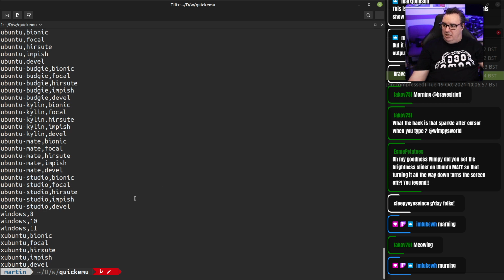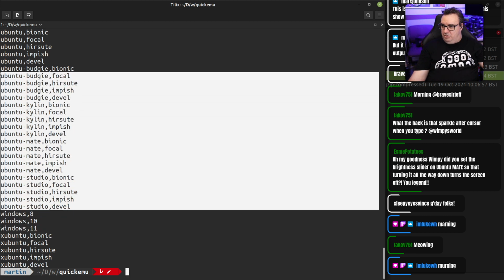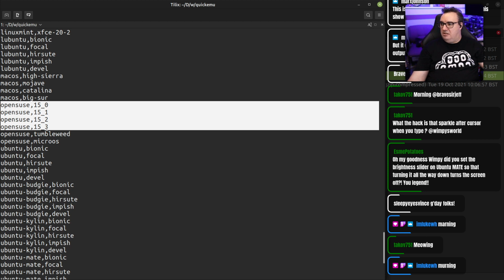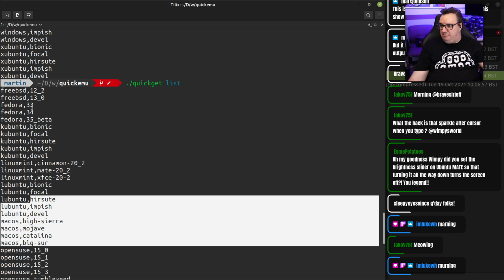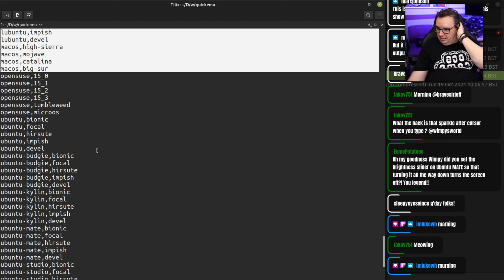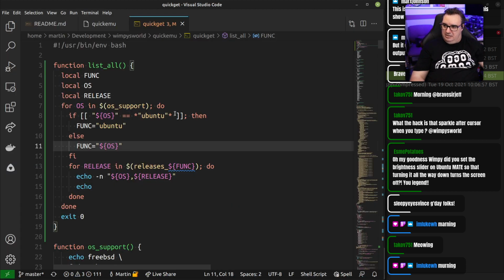That's looking more like it. Windows 8, 9, 10, 11. Ubuntu. The Ubuntus. And there's OpenSUSE. Okay. Looking good. Looking good. So, this is a start. We'll go with that for now, and then we'll add if